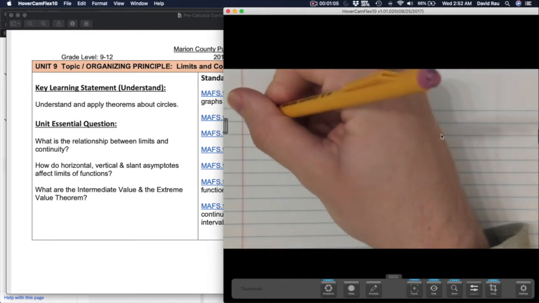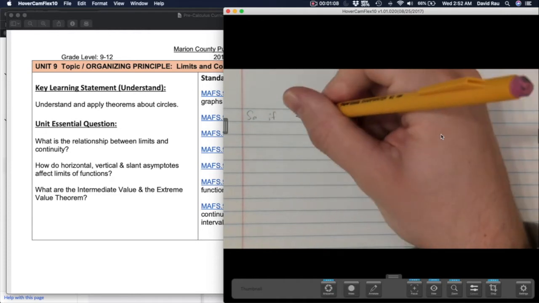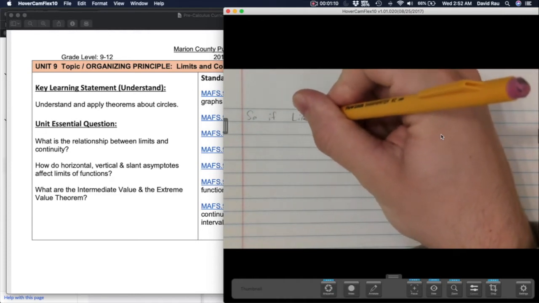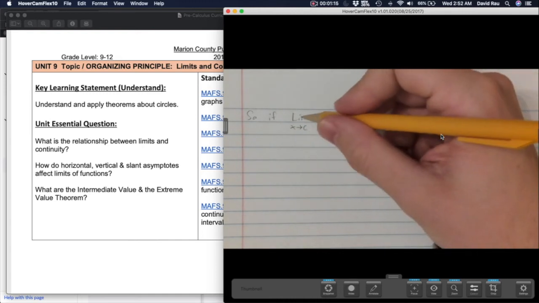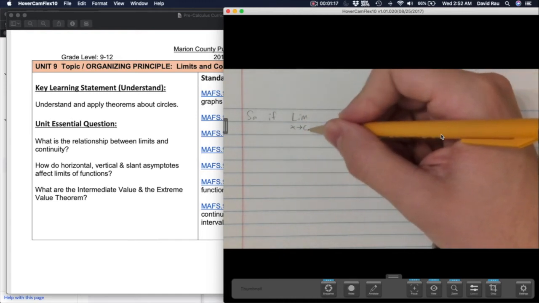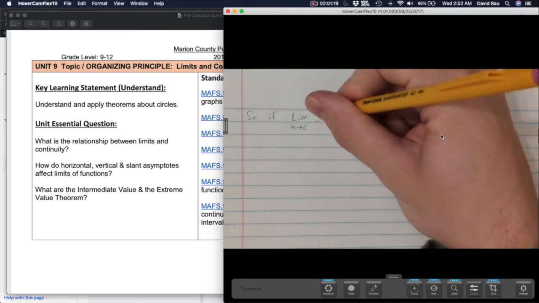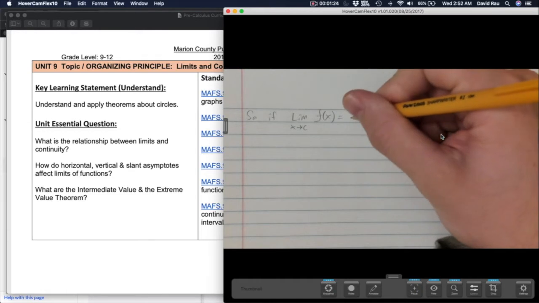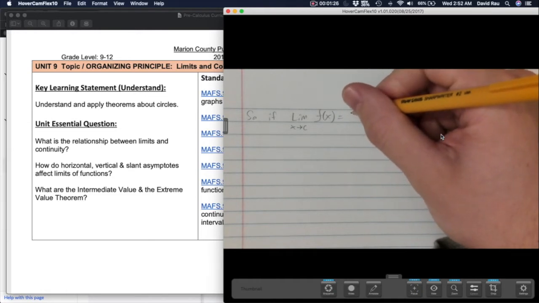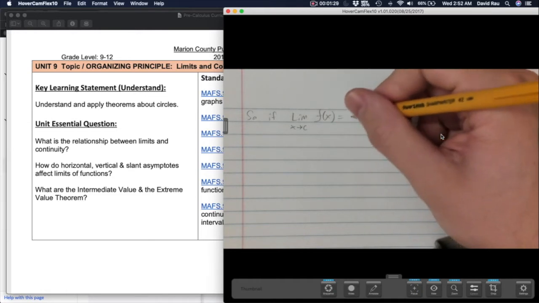So, if when you take the limit as x approaches c, in other words, when we're taking the limit as x is approaching some value, as long as when we plug that into our function, as long as that outputs some number, in other words,